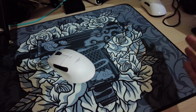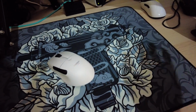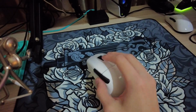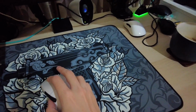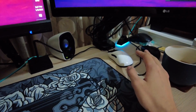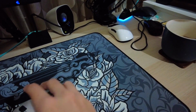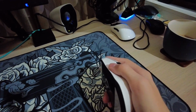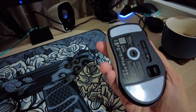I don't know. It's probably affected by temperature or humidity. I'm not sure which one. The climate in Taiwan is very perplexing. And I do use my air conditioner, and I've tried many mice with this mouse pad. And the biggest takeaway, or whatever the word is that I'm looking for, is that the mouse feet